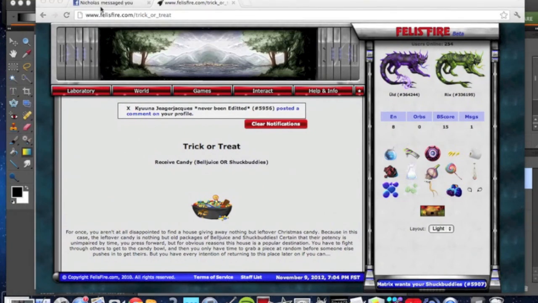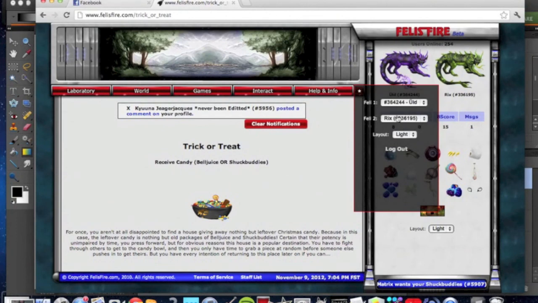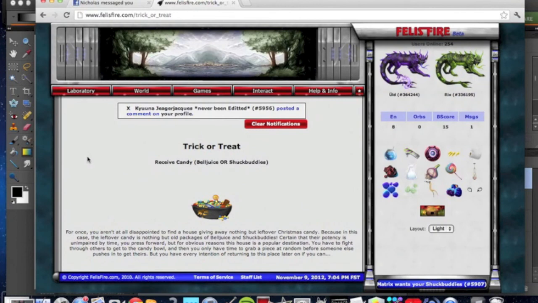Oh gosh, this is a long video. Oh, this is kind of important. This is where you change where your active cats are and your layout, and this is where you log out. No, I believe